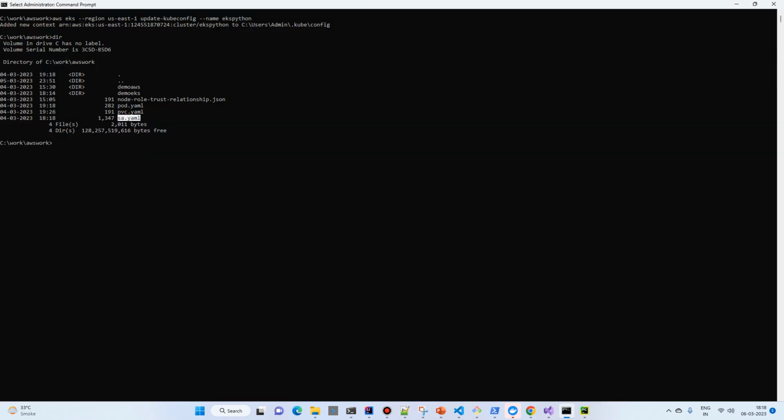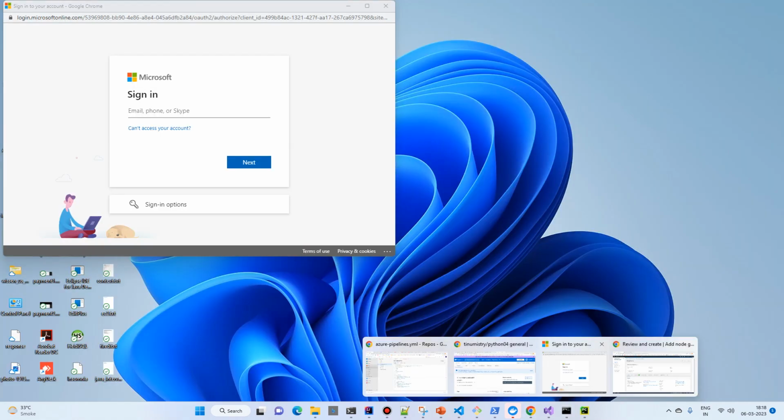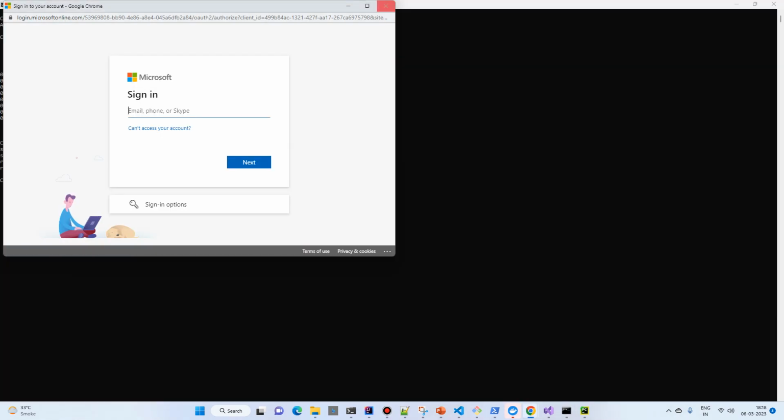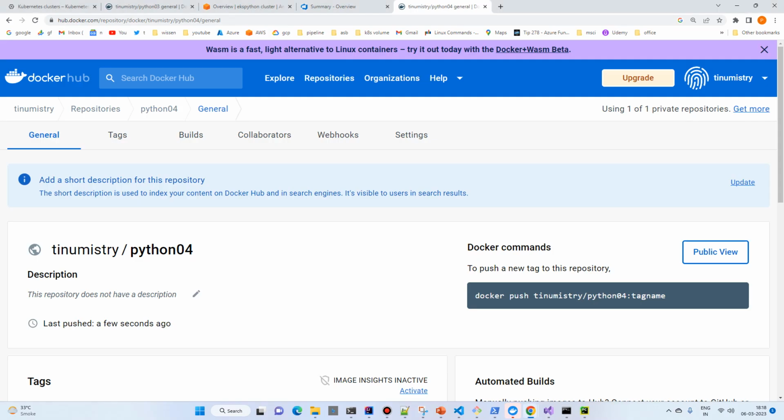So let's go to the command prompt, kubectl apply. So the service account has been created. So now if we go back to our Azure DevOps,